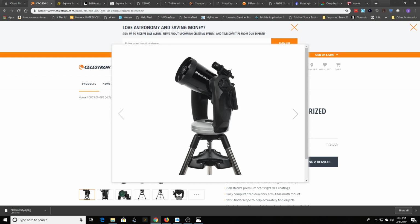So regardless of what you can do photographically, it's just heavy, right? It's just hard to take in and out all the time, and to take on the road when you want to, even though it is pretty easy to use visually. So, there's an adage that the best telescope that you can get is the one you're going to use